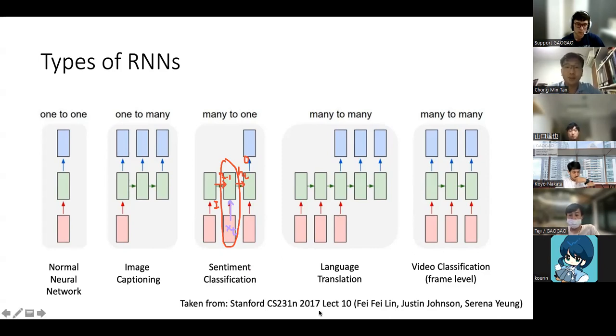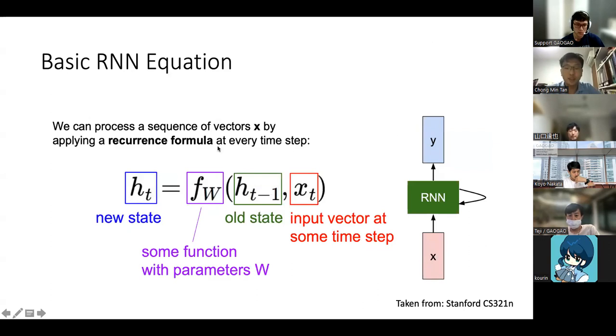Okay, so this is the basics of the recurrent network. I hope this is clear. This is the key equation that we need to know. Of course, there's this output y also. So actually there's another equation here that is not shown, but basically y_t, the output at that particular time step,